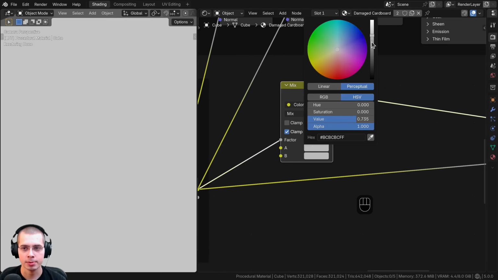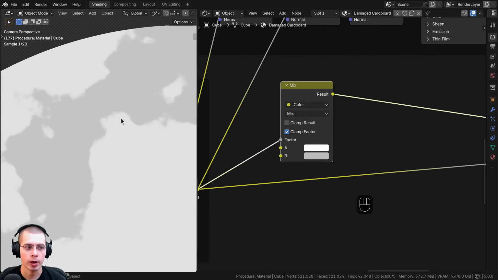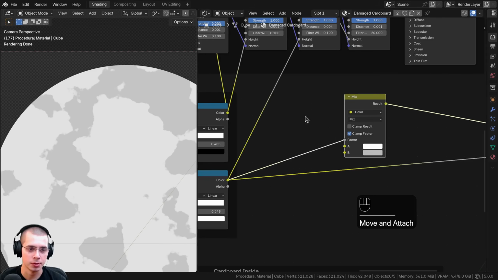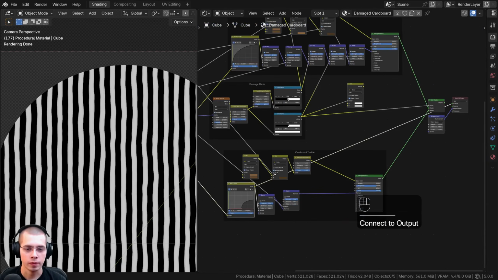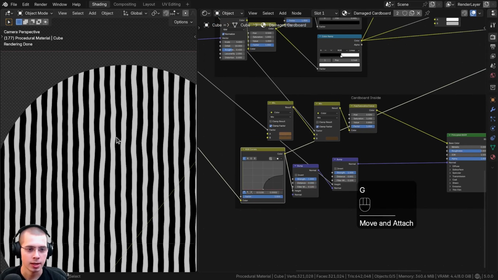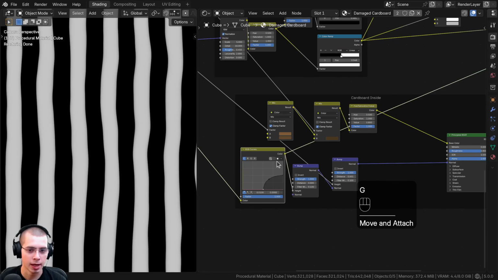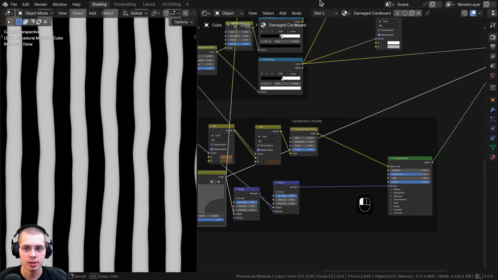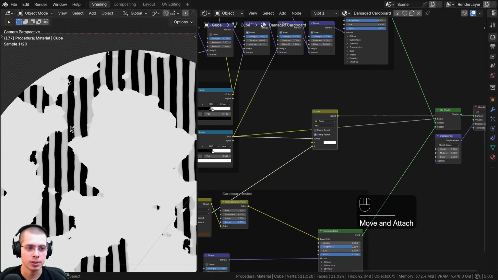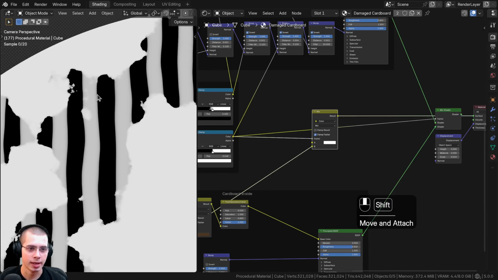Now in color A, I'm just going to drag this up so that it is fully white. And then what I also want to do is mix in those lines, so they'll be pushing back into the mesh. So if I Control-Shift-Select this RGB curves right here, this is in the cardboard inside, you can see we have this nice texture where it's black and then white. So I'm going to take this color and I'm going to drag it into color B. And now I can Control-Shift-Select the mix to preview it, and you can see now we basically have the white